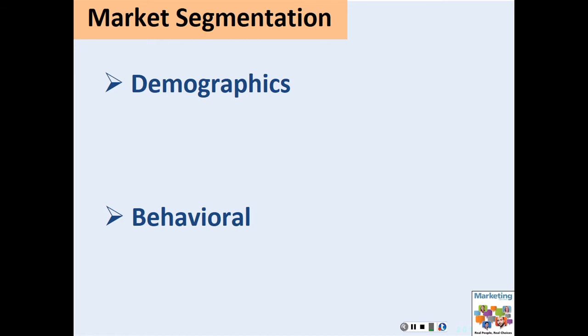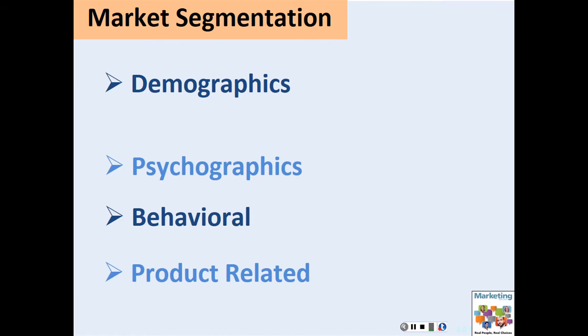This is coming out of sequence, so let me continue. Then psychographics. We also differ on our psychographics, and we did talk about psychographics in the previous chapter, but I'll talk about it briefly again. Then behavioral is another basis, and I'll talk about what behavioral means. And then, of course, people could differ in the manner in which they relate to products. So when we say product related, people could differ in what they want in a particular product, and we could then segment them according to that.